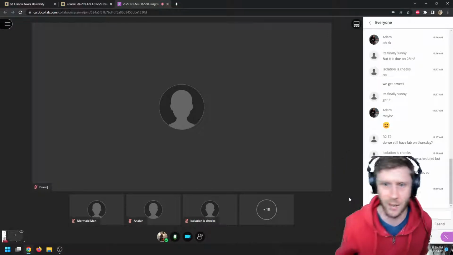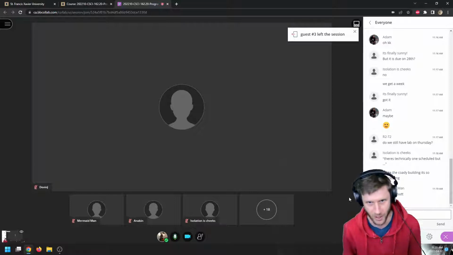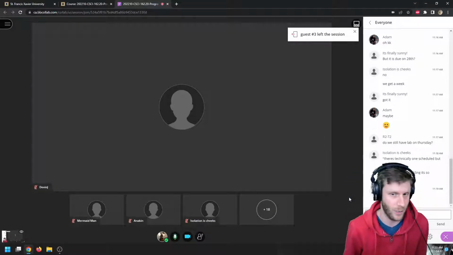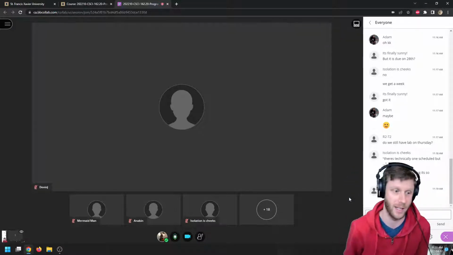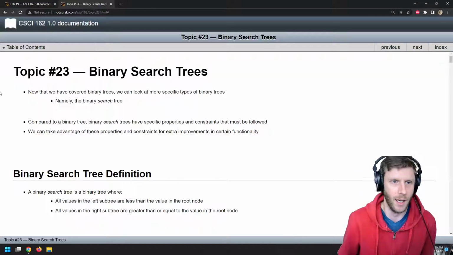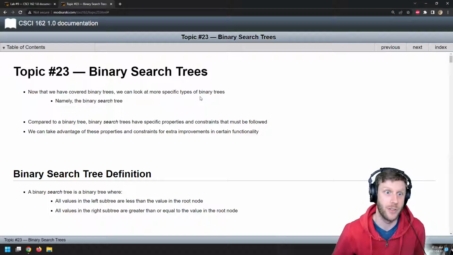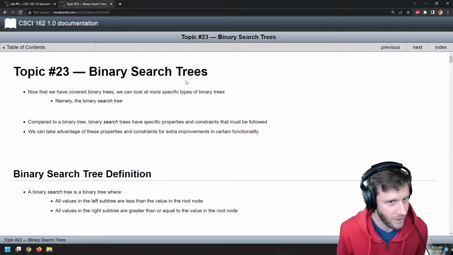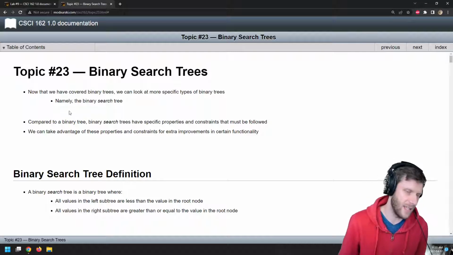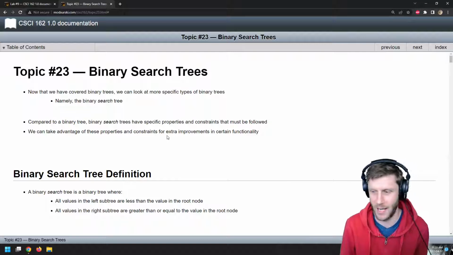Okay, so binary search trees. These are a special type of binary tree. Not all binary trees are binary search trees, but all binary search trees are binary trees. So now that we know what a binary tree is, we can look at a specific type, a binary search tree. And you're going to find a lot of similarity in the underlying ideas as we saw when we looked